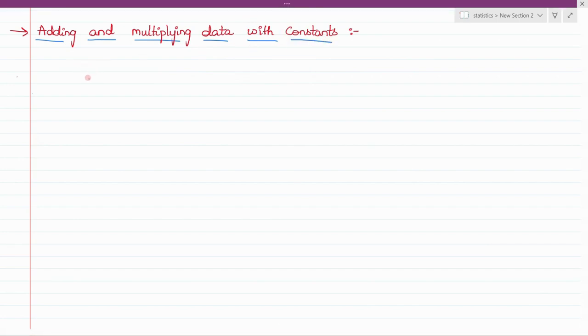So let's talk in terms of measures of dispersion. How do they actually change? Now let's see how the measures of dispersion change. For example, if there is data with the data points x1, x2, x3, and so on till xn. This is the original data. For this, what will the mean be? Mean will be